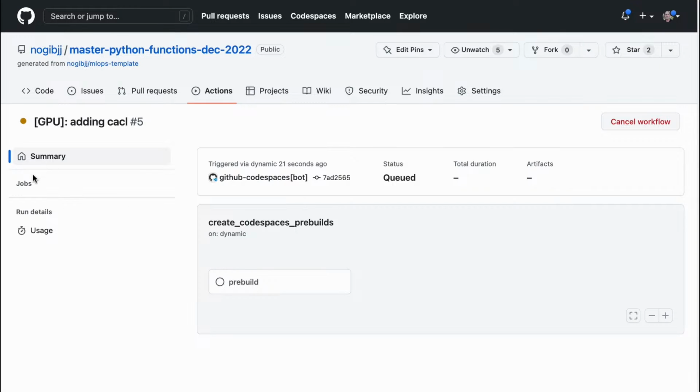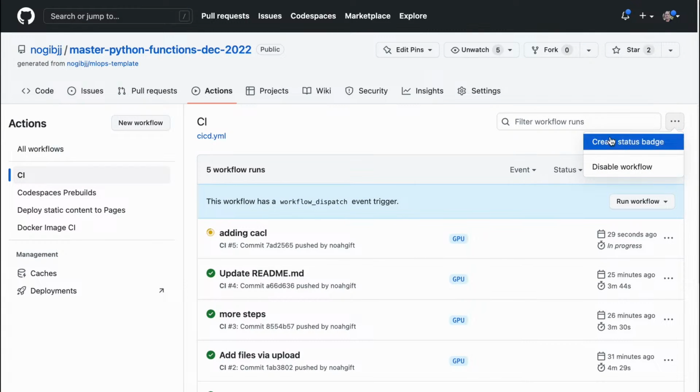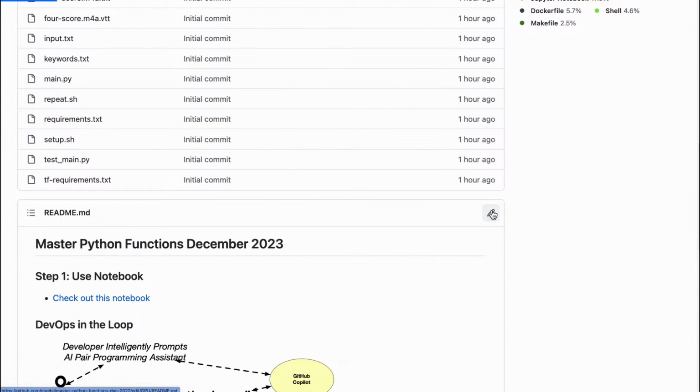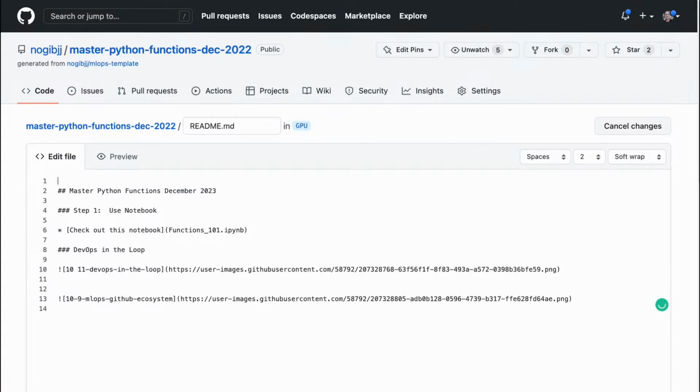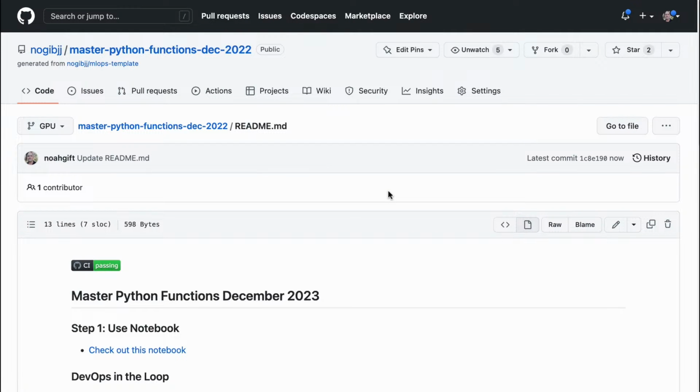And what we could do as well is we could go to this CI pipeline here, and we could say create status badge, and we can actually just get some insight into this build process in our README file. In fact, I'll just put this at the very top, so that other people can see, hey, my code actually has been validated. So this is really the essence of the building blocks, in my opinion, of Python best practices that will just supercharge people's productivity, and it's a new type of workflow that's emerging in 2023.